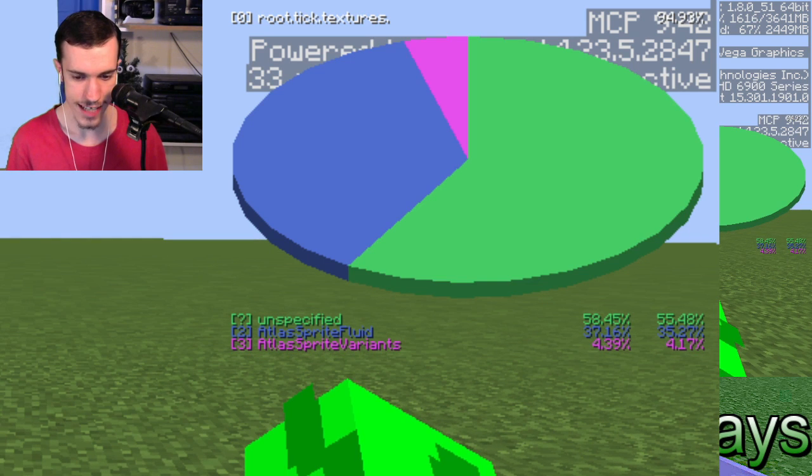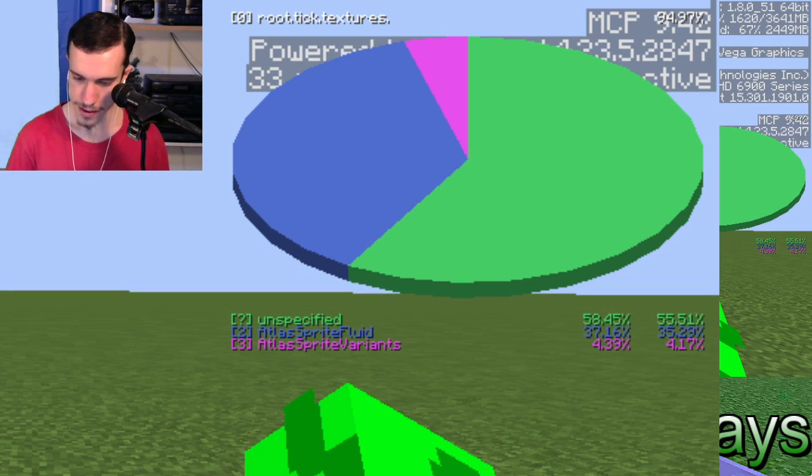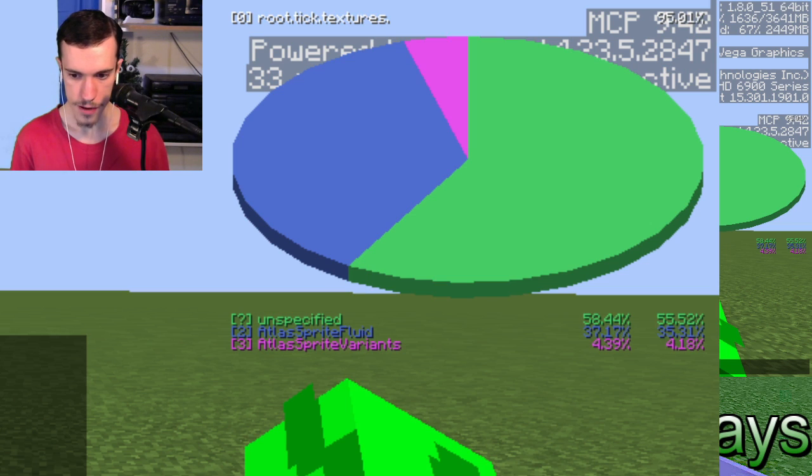And I keep forgetting that the mouse is attached to Minecraft at the moment. Let's go set the camera back there, open the chat, there we go, we can get the mouse out. So,